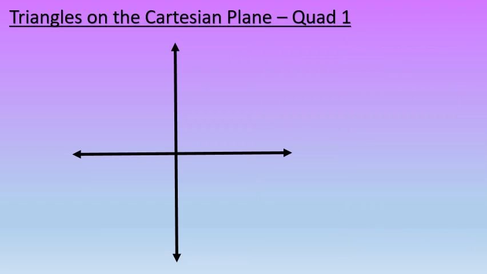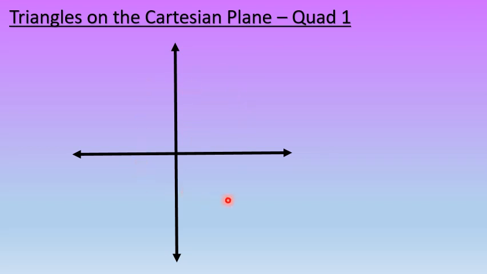Right, let's have a look at triangles on the Cartesian plane. We are going to work in this very first quadrant. Remember, we've done functions, so you have heard about quadrants. Here, this is quadrant 1, this is quadrant 2, this is quadrant 3, and this is quadrant 4. We always move through the quadrants in an anti-clockwise direction, and this is why they are labeled 1, 2, 3,